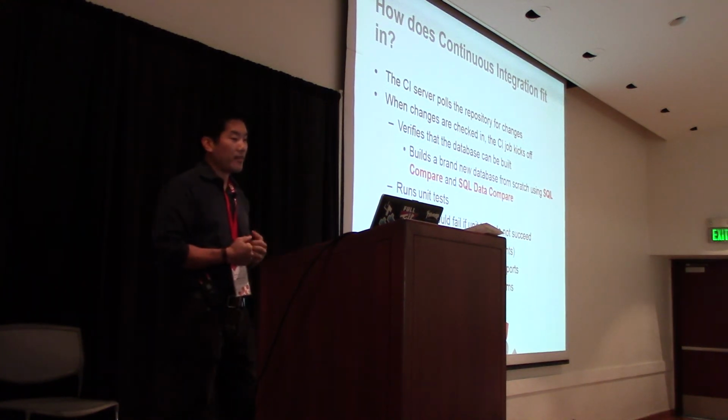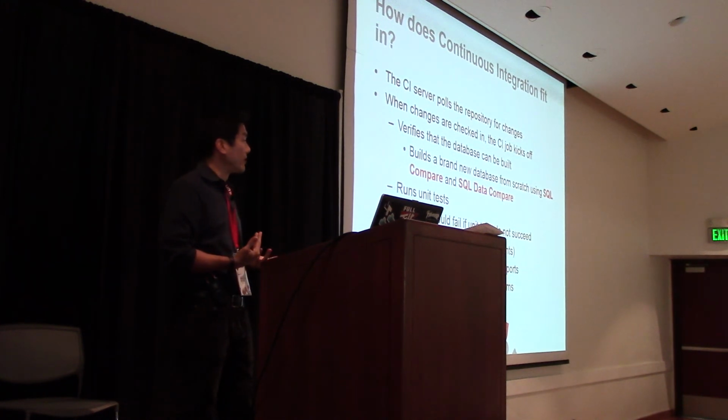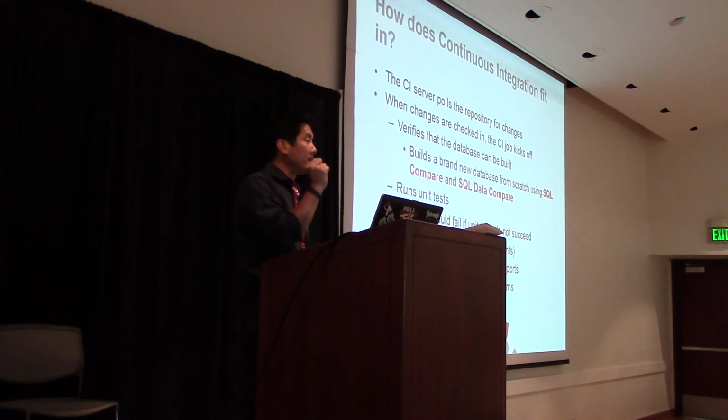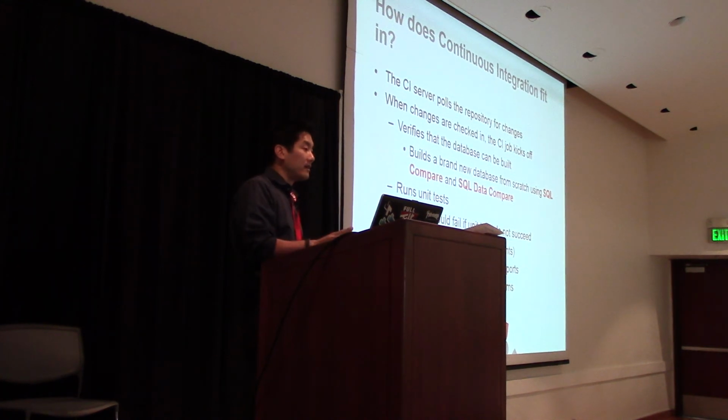So one thing that I have my continuous integration server do is it creates a blank database from scratch. It creates all the tables, it creates all the views, creates all the stored procedures, it adds all of the lookup table data, and then